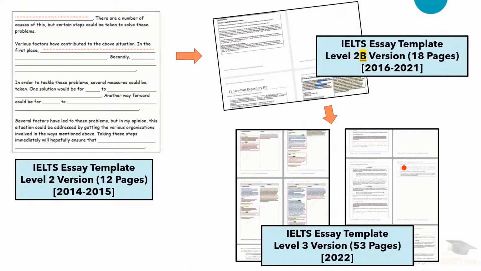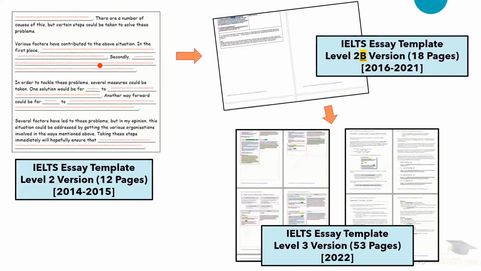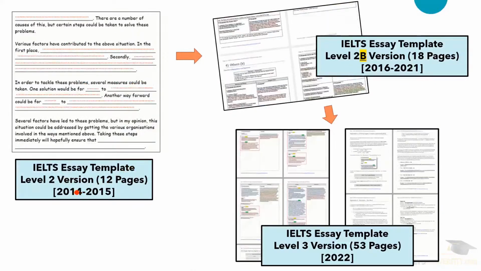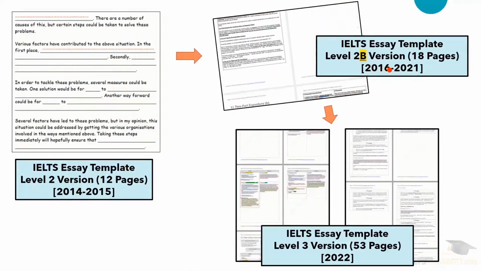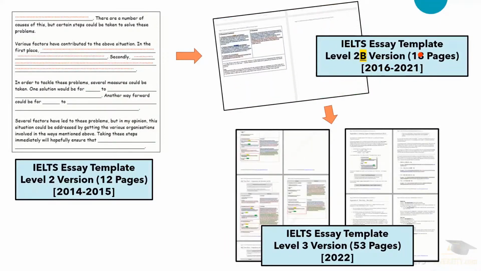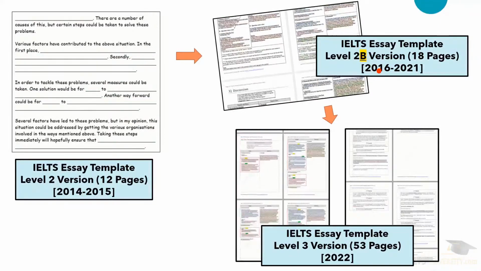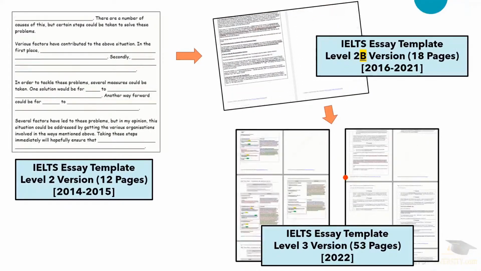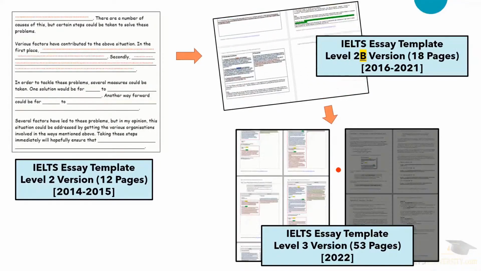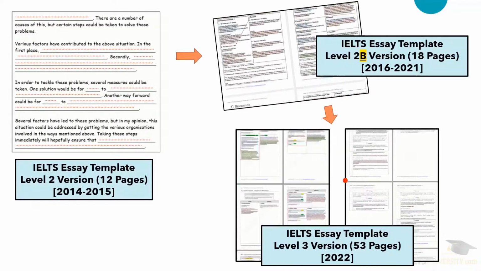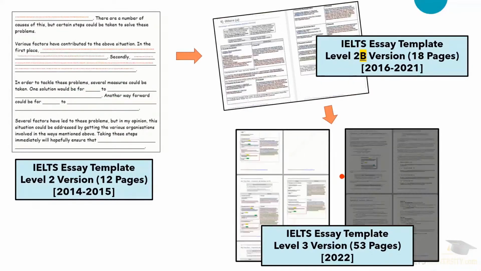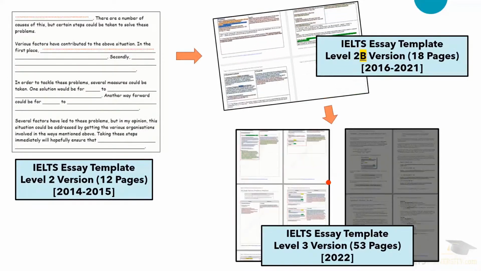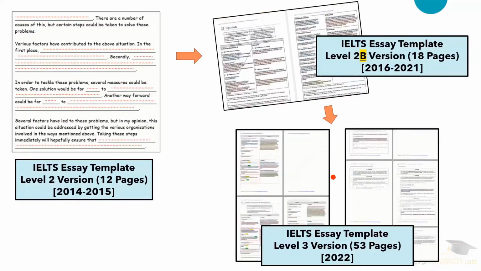So, this is a template. Level 2, 2014, 12 pages, and I continue to improve it. 18 pages, level 2B in 2016, and then finally, this is a 53-page IELTS essay template. This really helps you in your writing task 2, right? It teaches you a lot, and it also gives you a lot of words and phrases that you can use and memorize. Again, this is not a memorized essay, but this is really going to help you in improving your